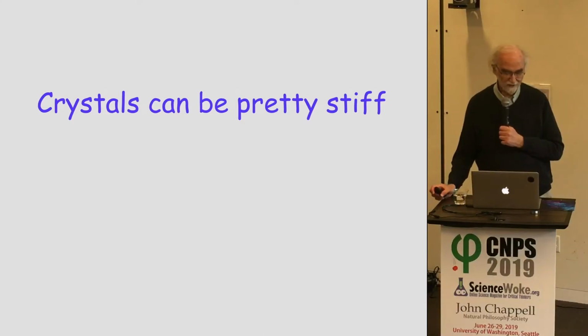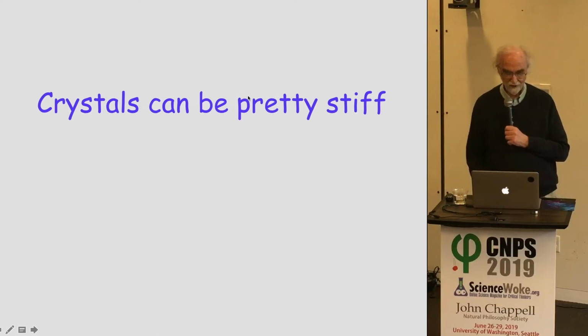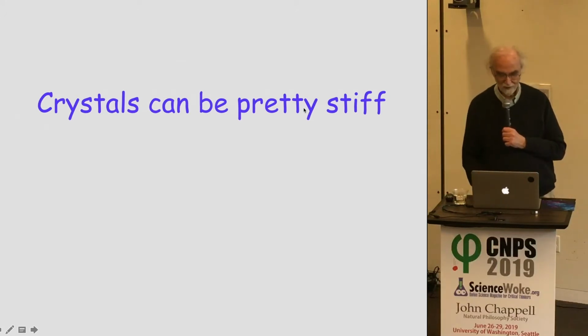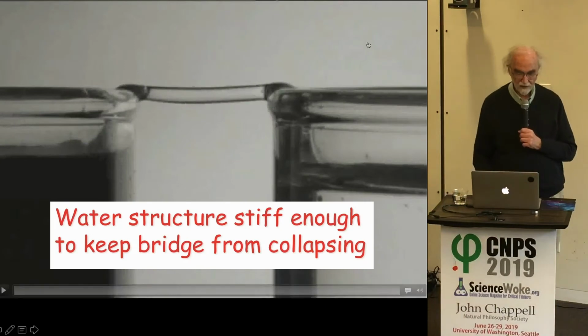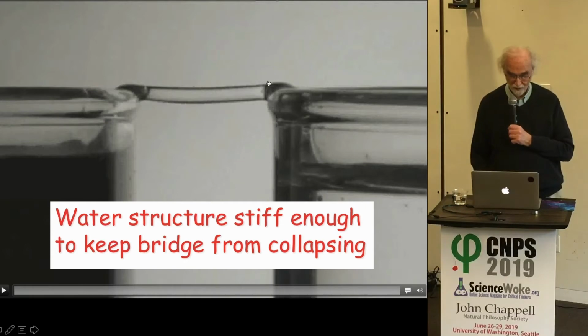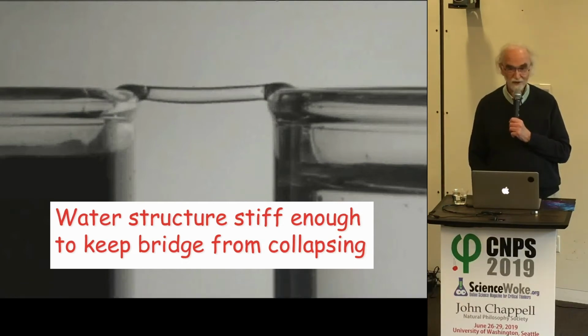The second example is crystals. As you know, some crystals can be pretty stiff. Liquid crystals are generally not so stiff, but they can be stiff. And those of you who have gems of some sort, diamonds, rubies, whatever, they're crystals, and they're really hard. So if you think now about this water bridge, by the way, this is called the floating water bridge because when Elmar Fuchs came to Seattle and saw the floating bridges that span Lake Washington, maybe you've seen them, he began calling the water bridge the floating water bridge.